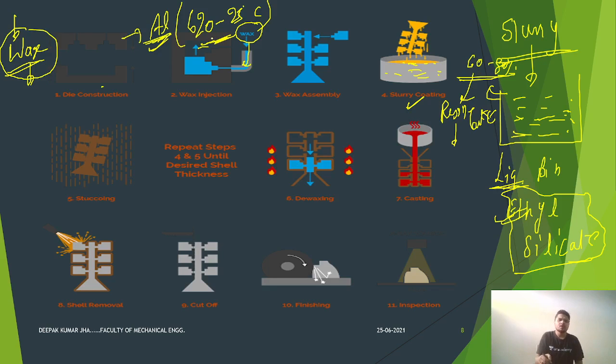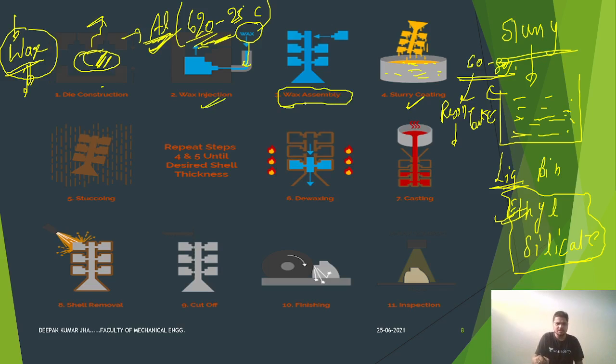Why is this? Because wax or even the mixture of wax along with different resins has a very lesser melting point, and as the melted wax is poured in this part, the heat released is very less to solidify the wax, and as the heat released is less, this can be easily taken up by the aluminium, right? So why to use a more costly and more important tool steel or alloy steel die when aluminium can serve the purpose over here? Now we'll inject this wax and make up a wax assembly.